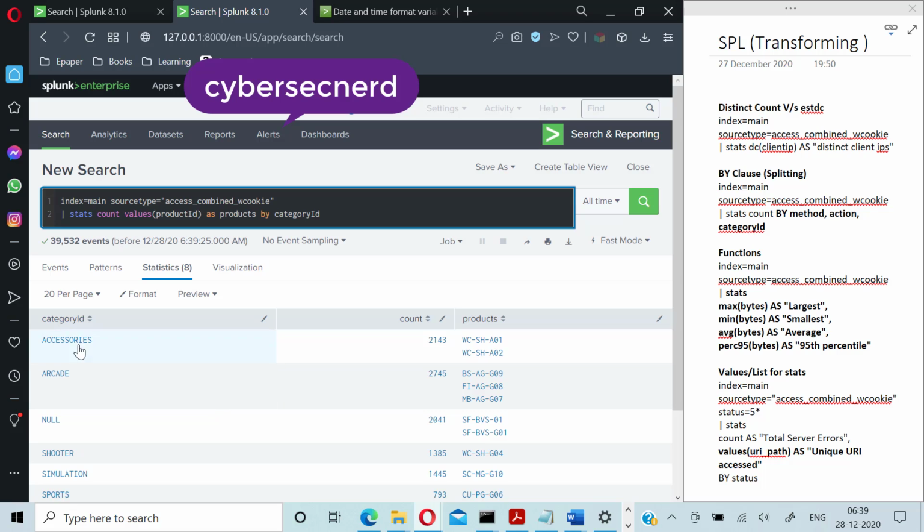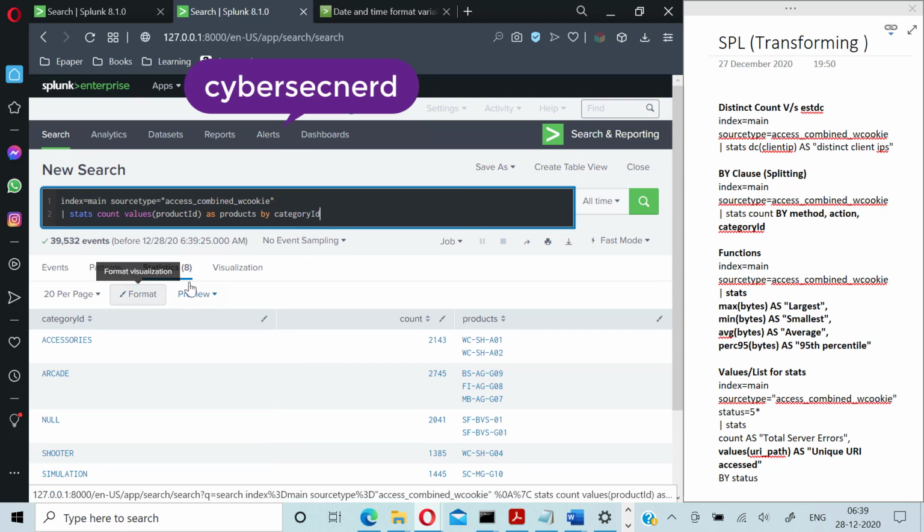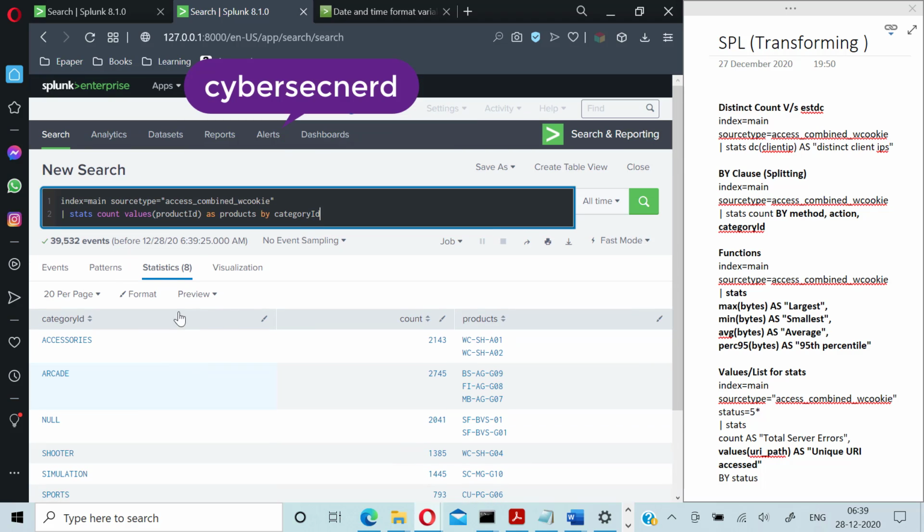Yeah, so you can see for one particular category ID that there are two products which fall under the category of accessories. Similarly, three products under arcade, and so you can do it like this. And again, it's very important, for example, if we are using